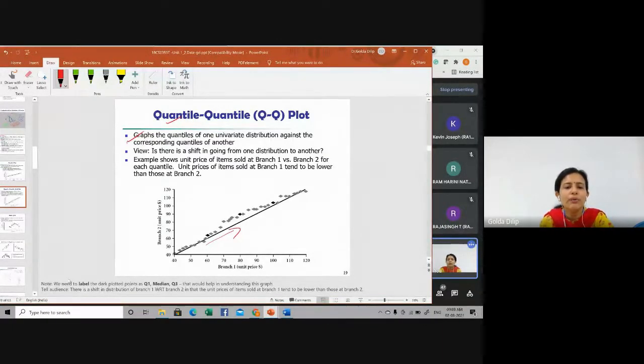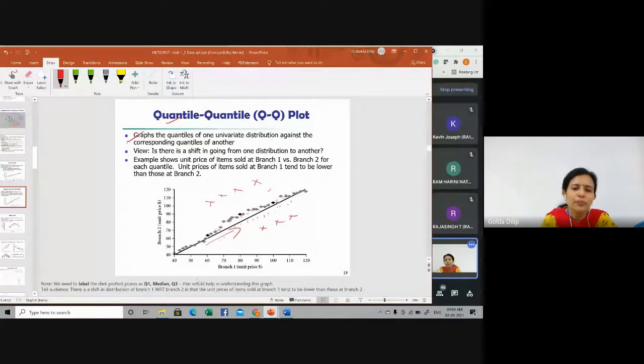If two sets come from a population with the same distribution, the points will be very near this reference line. If the points are too far away from the reference line, the data sets come from populations with different distributions.